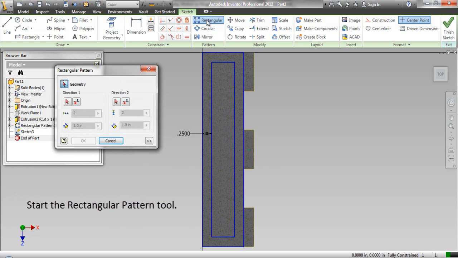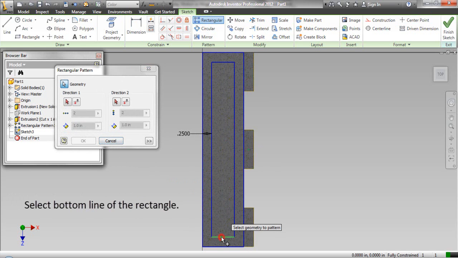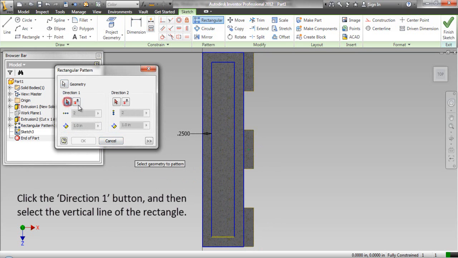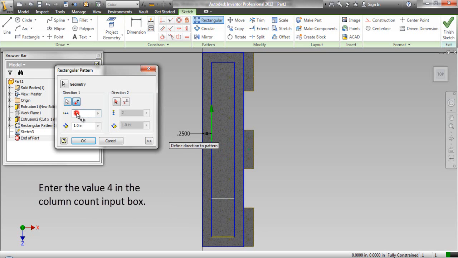Start the rectangular pattern tool. Select the bottom line of the rectangle. Click the direction 1 button and then select the vertical line of the rectangle. Enter the value 4 in the column count input box.